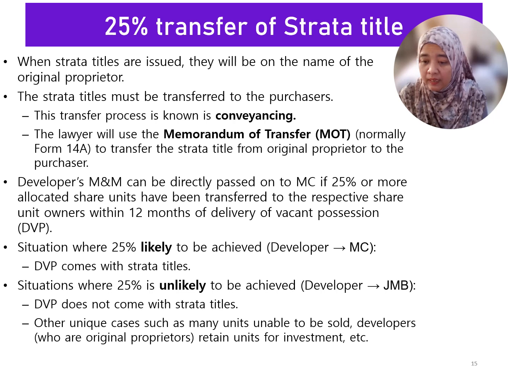Contohnya ada delay. Maybe the application was incomplete, ada cacat dalam dia punya documents tu. Ada details yang perlukan, there are details that need to be verified at the PTG yang perlukan masa yang lama. Therefore, delivery of vacant possession does not come together with the strata titles. So ada situations tu. Okay. Untuk cases yang rumit, ada situation tu, whereby dapat kunci tapi strata title tak